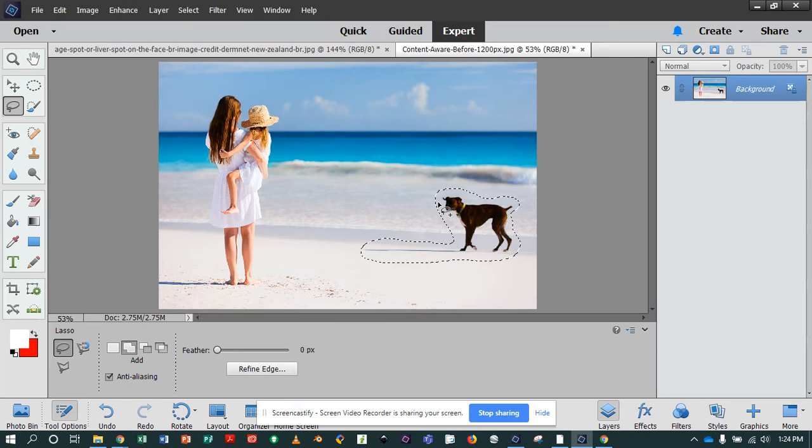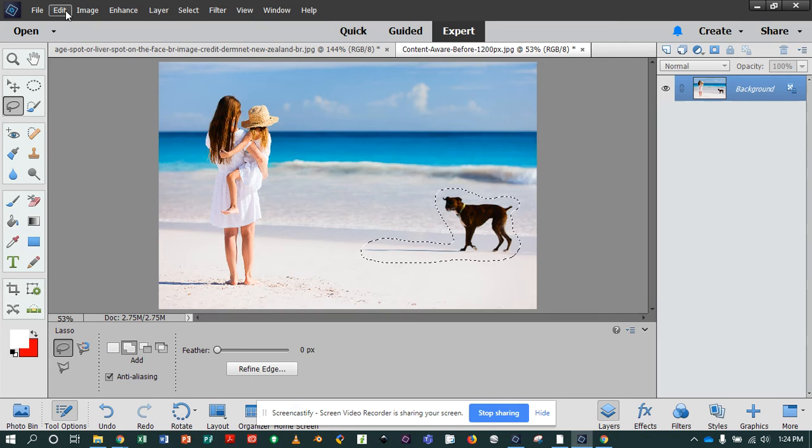So right here, the sea foam around the dog's head and torso will actually be filled with sea foam. This area around his legs, where the water's lapped up, is kind of grayish, so that will fill gray. Down here, the shadow will fill with white. And once I've made my selection and closed the loop, and I'm already on content aware,